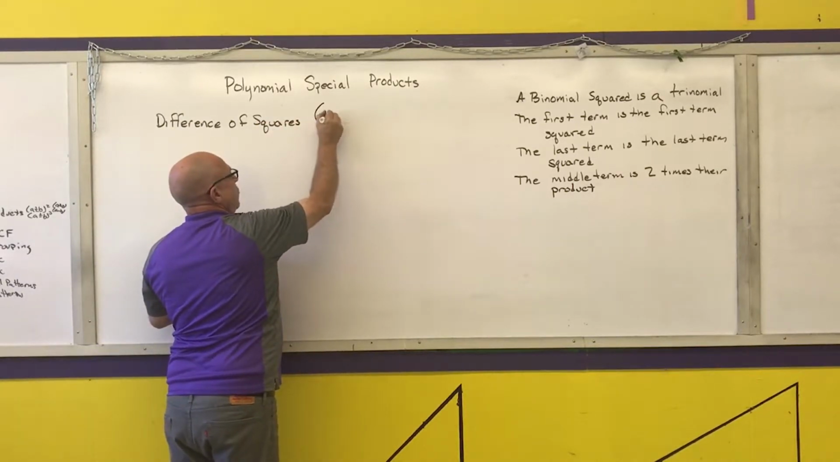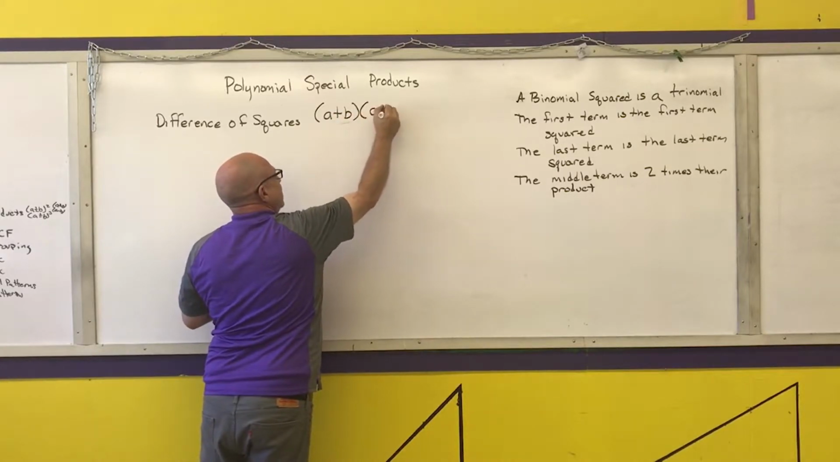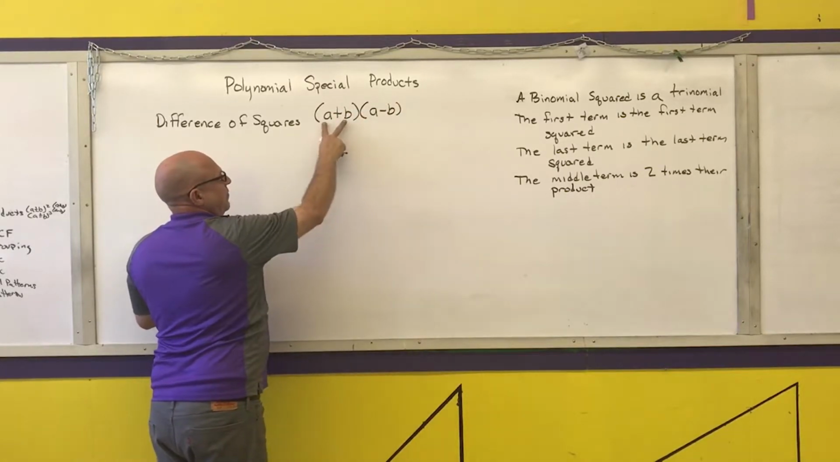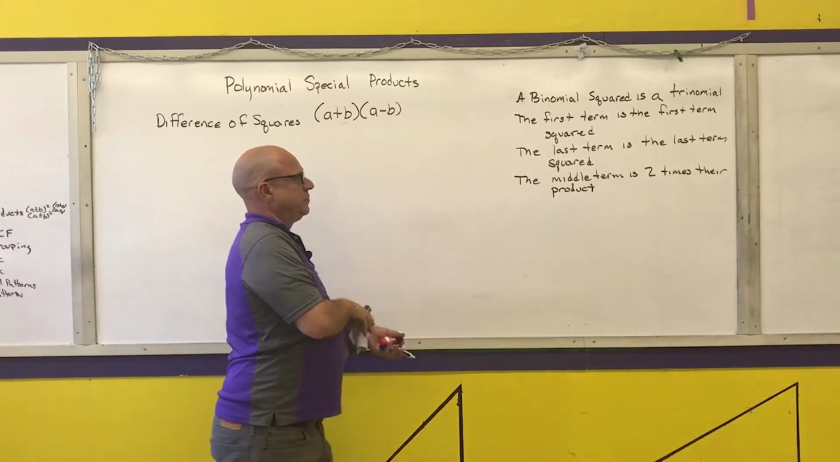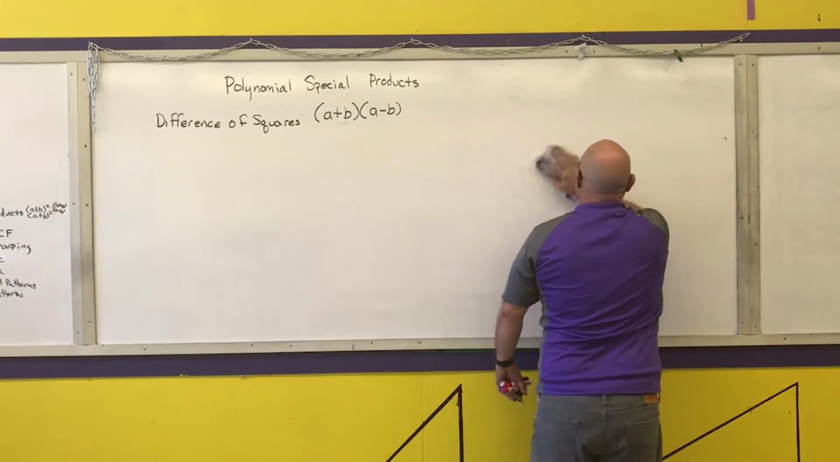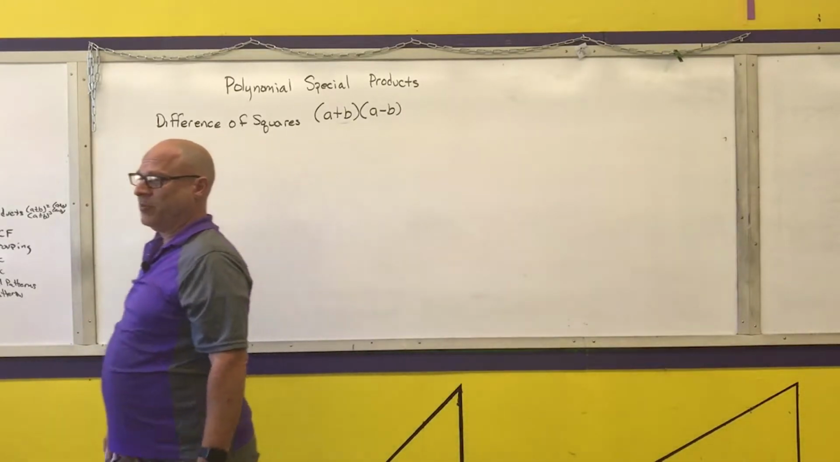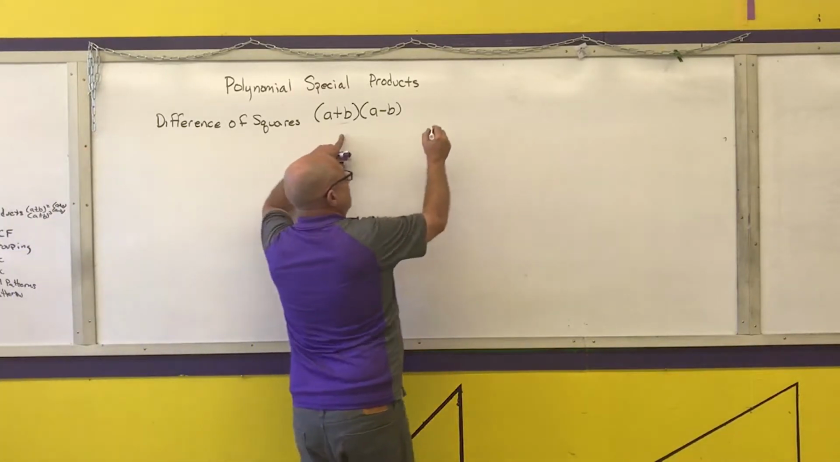And it's anything in the form of a binomial times the same first and second term, but with an opposite sign inside of it. Okay, what I'm going to do is I'm going to FOIL this out, and then we're going to write down what the special pattern is and do a couple examples. So to FOIL it out,